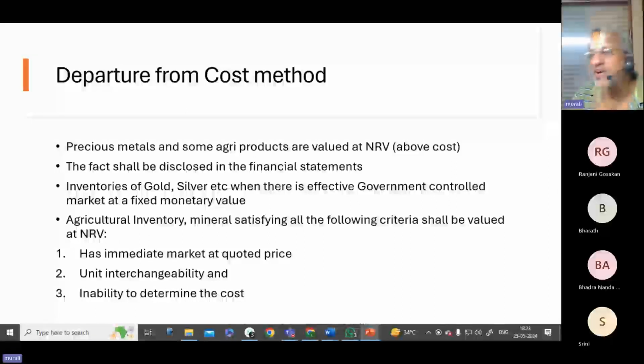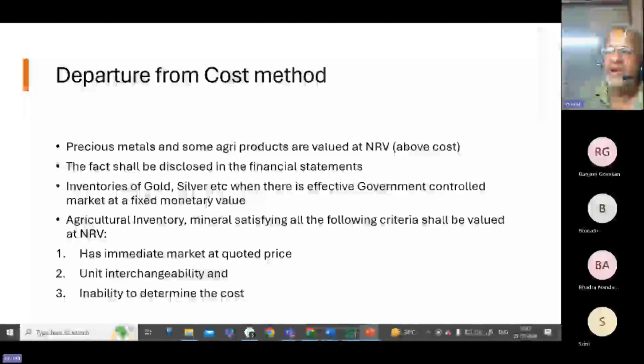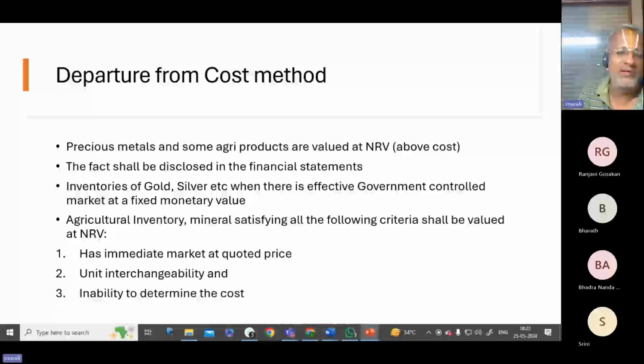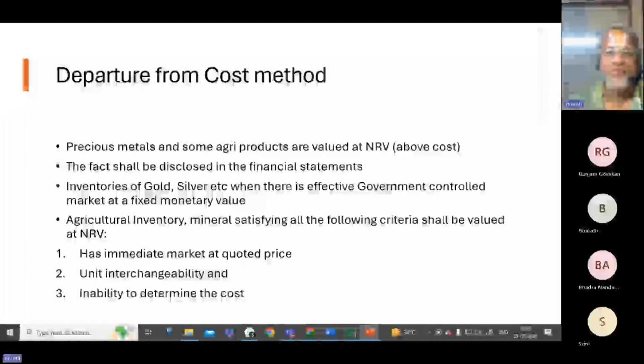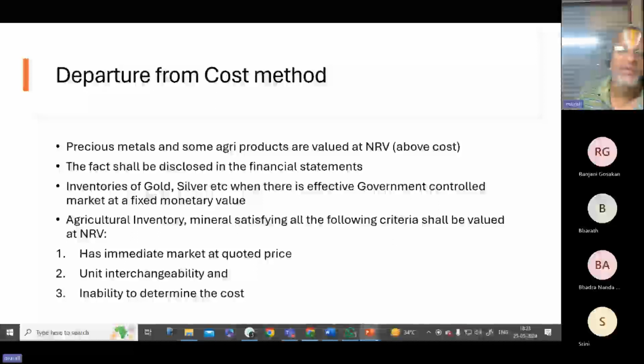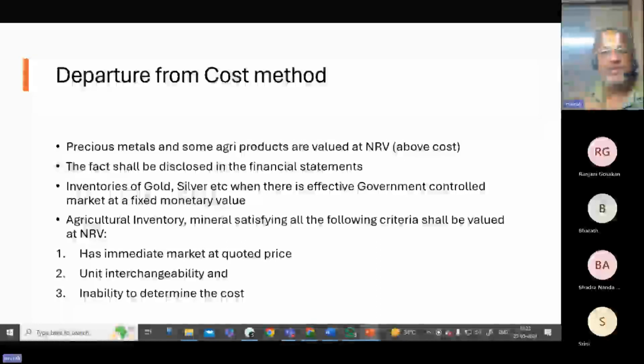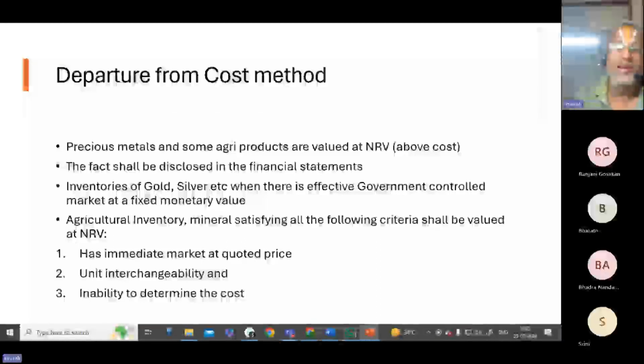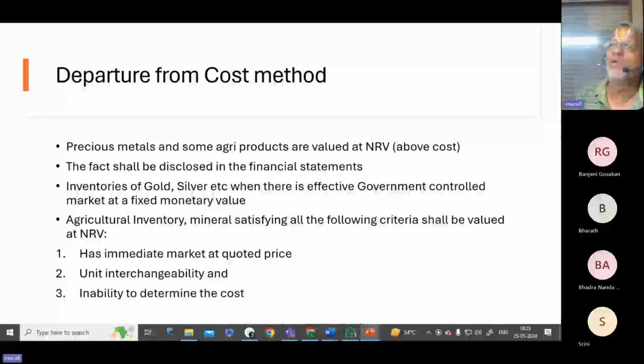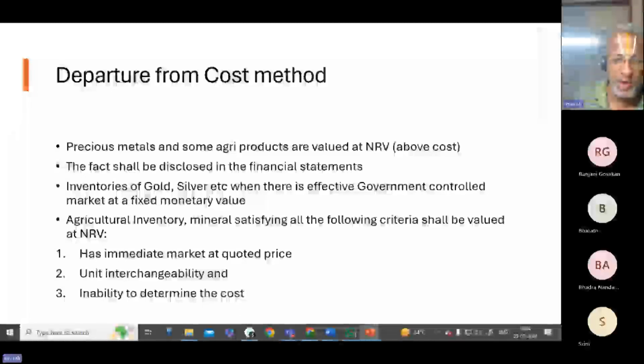What do you mean by inability to determine the cost? People might ask this question, sir, just now you told that purchases will be made only at cost. No, for natural minerals and all that, there is no cost that gets associated, because the money was paid in the form of rights. Extraction cost only will be considered. Can you consider extraction cost as a cost? So we need to amortize for the depletion of the rights, and it becomes a little challenging to arrive at the cost. So only in places where you find this cost is indeterminable or challenging, for them it will give a comfort that it will be made only at NRV.